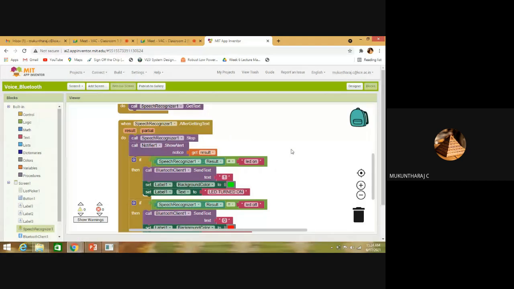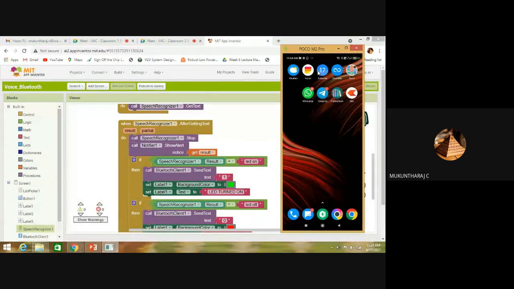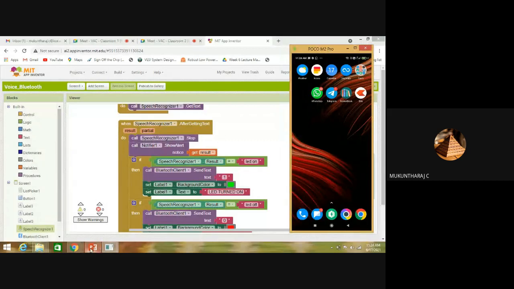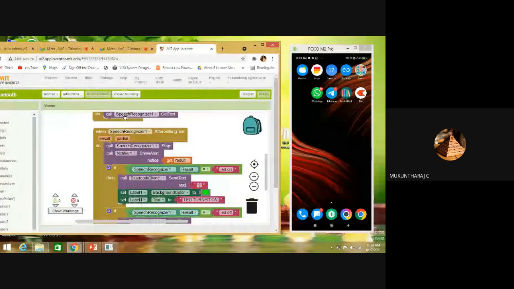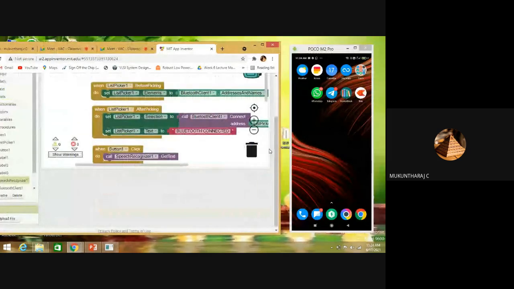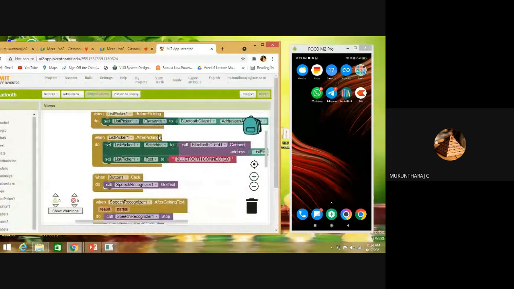That and all we will test. Then later we will go to our hardware portion, right? So I will minimize this and I will connect.